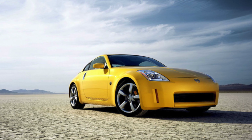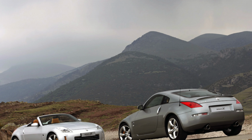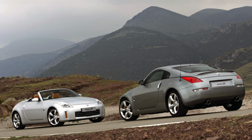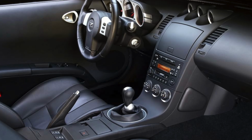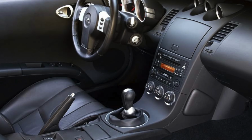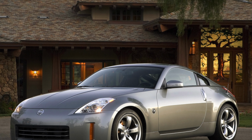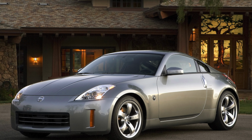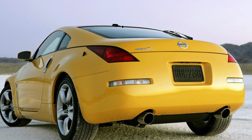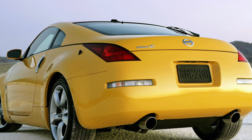Today we'll talk about the problems and weaknesses of the Nissan 350Z. The Nissan 350Z is an old school muscle car for grown-ups with a 3.5-liter V6 engine driving the rear wheels and a 6-speed manual gearbox. This one is mean. You can sprint from rest to 60 miles per hour in 5.9 seconds and max out at